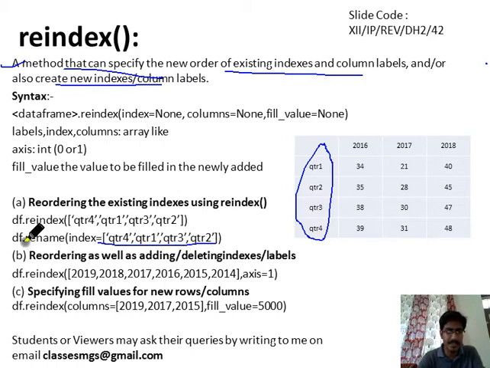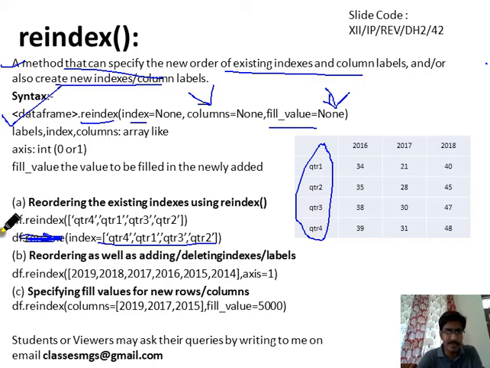So this is reindex, not rename. The syntax will be very similar: data frame name dot reindex, then we pass the new index of the data frame that you want to change, fill value and none, and the columns. We will see the meaning of those arguments in the example.